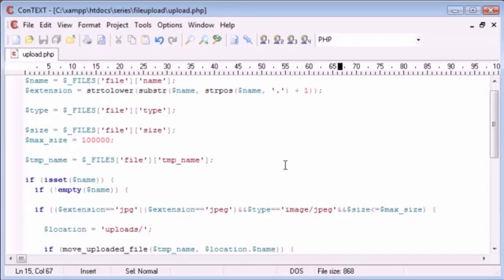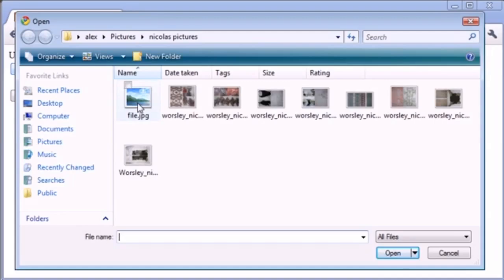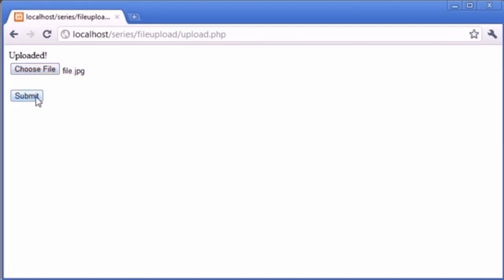I've just realised from the last video that we need to make an adjustment. So we also need to say and type equals equals image JPG. Okay, so now let's try and choose this fake JPEG file, which is actually a PHP file,